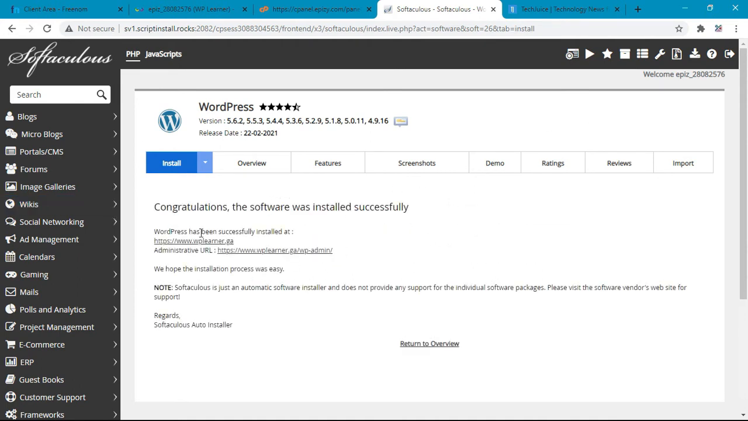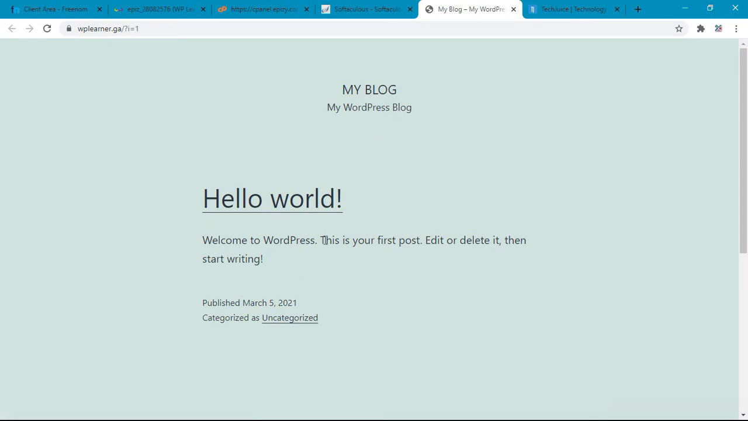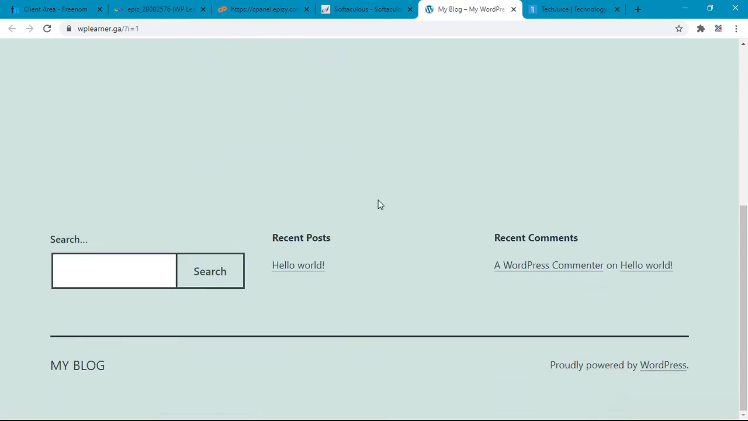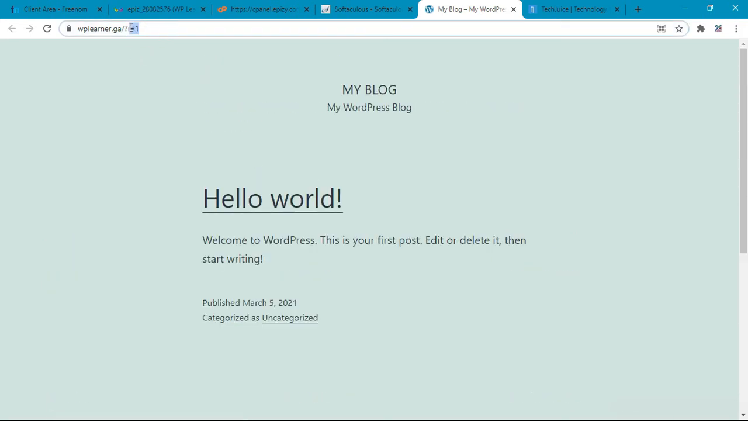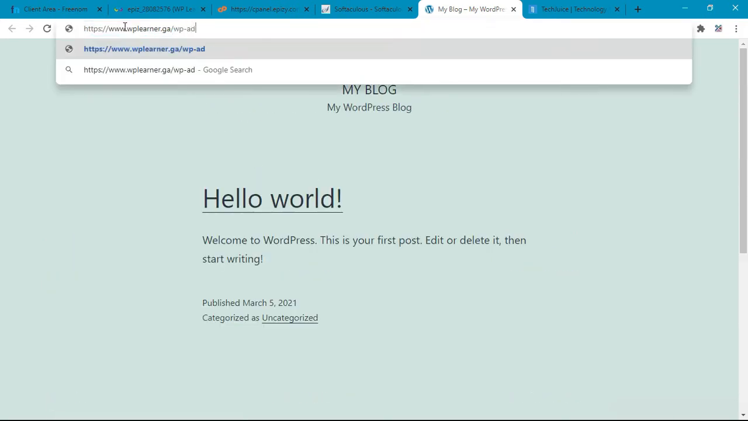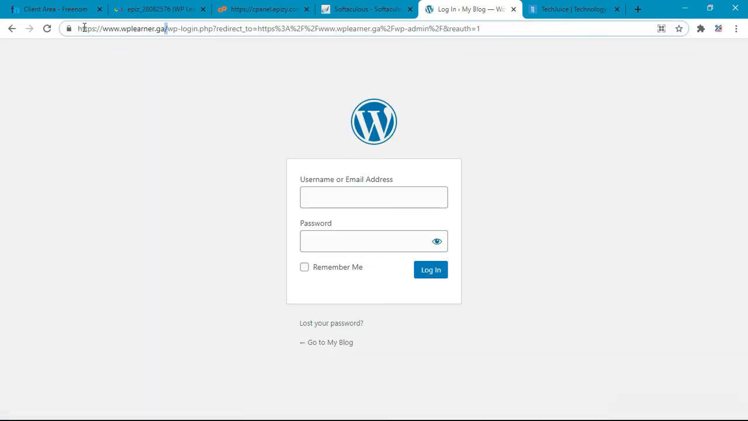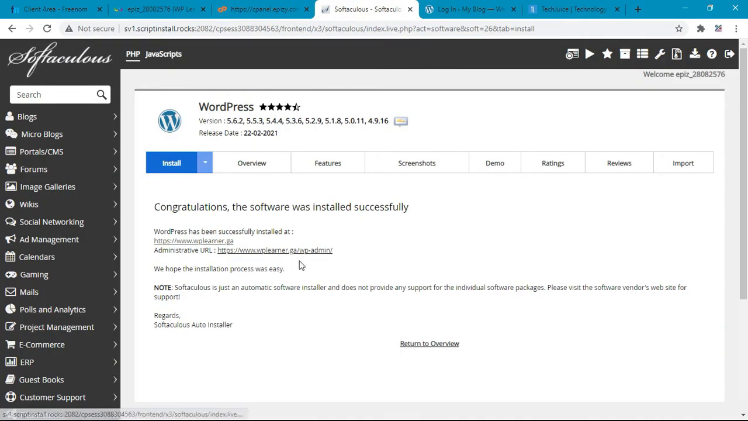So congratulations, the software was installed successfully. Well done. See this? This is your website, your WordPress website that you made for free. See, there is a secure padlock icon, and oh ho,